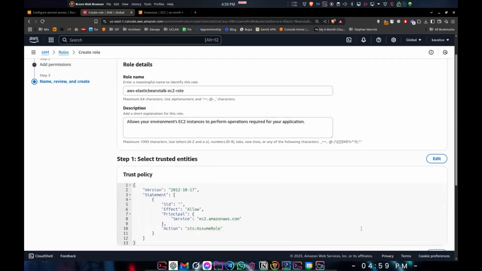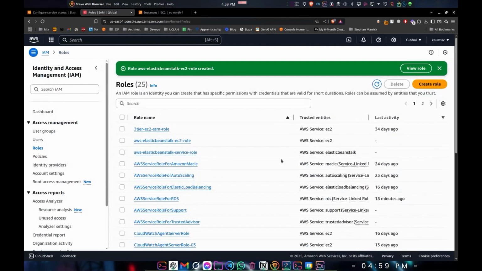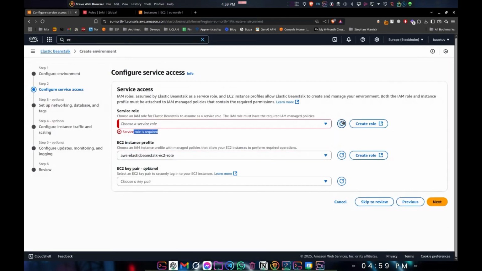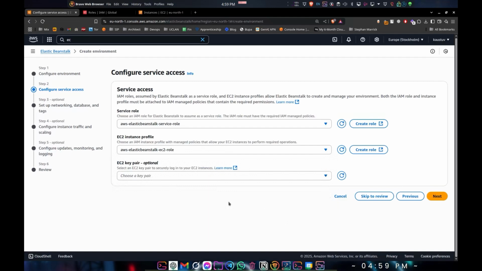Okay, create role, and let me just refresh this. I'm going to select this, right? Yeah, so we don't need a key here. If you want to log in and SSH into the EC2 machine, then you can select one, but we don't really need it. Next,